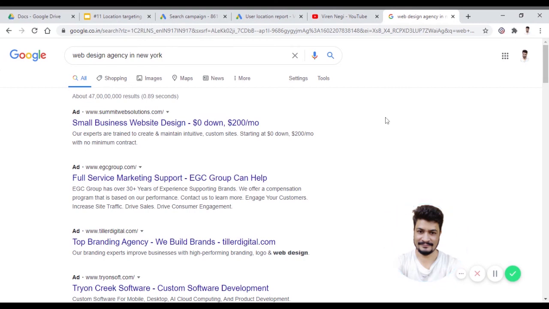For Asians, if they design a website and charge, let's say, 200 per month, it's too much here in India. Generally in India, for $200, you get a 5 to 10 page website.